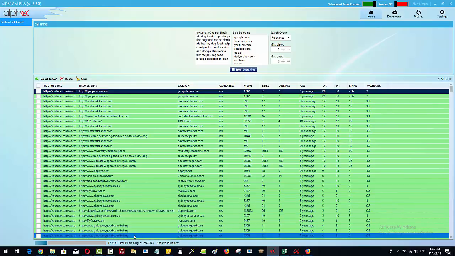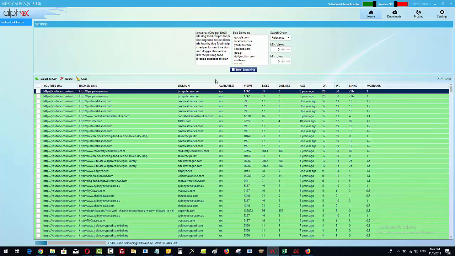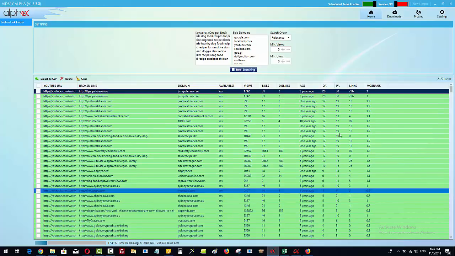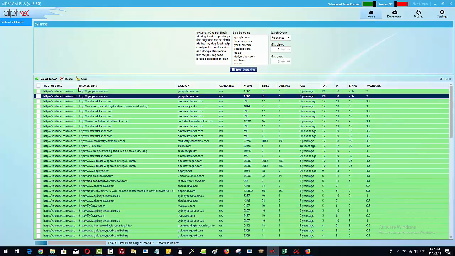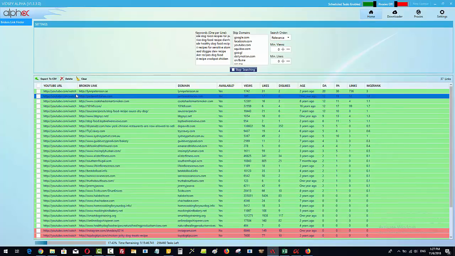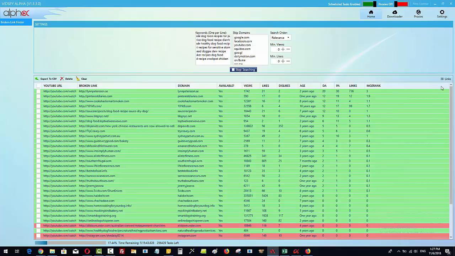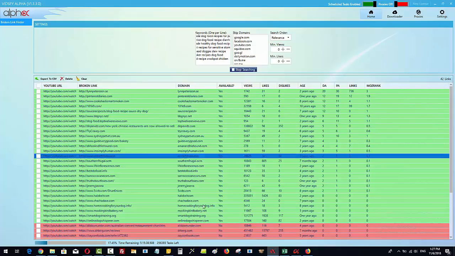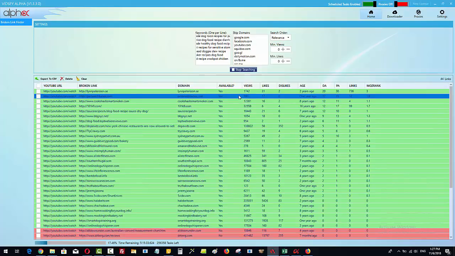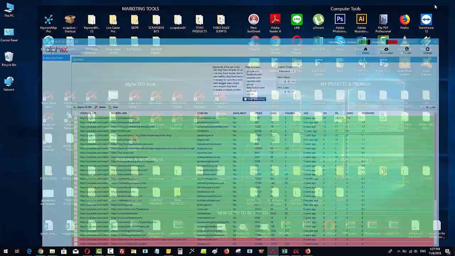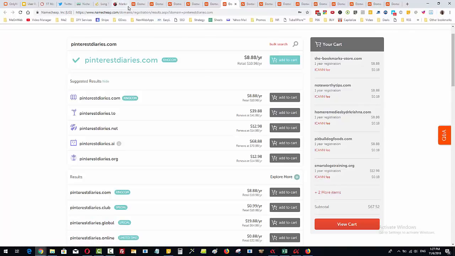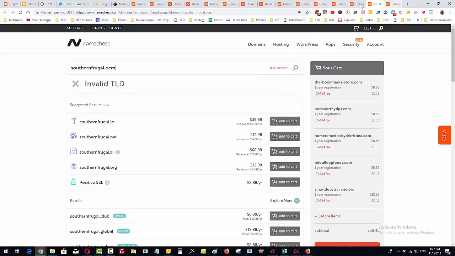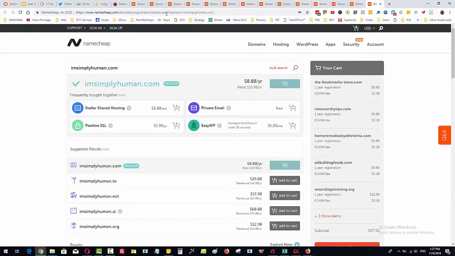It's been running for about 10-15 minutes or something like that, and we're starting to get a lot more coming back now. Okay, so if I just come over to the delete section, delete not available, and delete the duplicates one more time, you can see we've got about 35-36 links or domains here. Now, this is the second time I've been running this, and I've got a whole bunch of Namecheap domains up here. I've got just tons and tons of them,